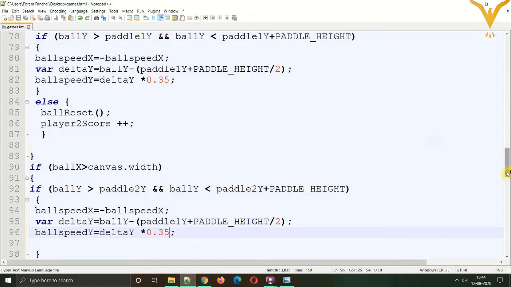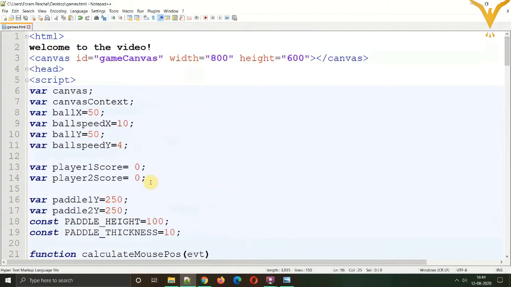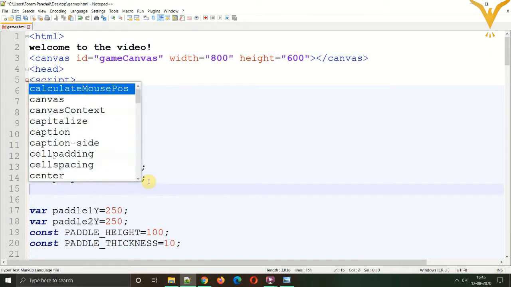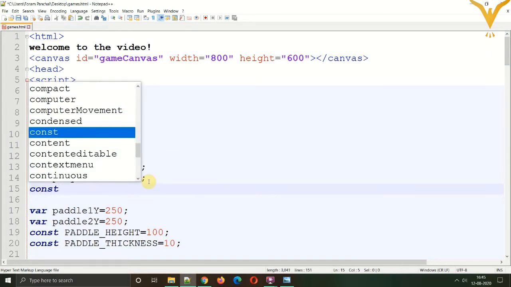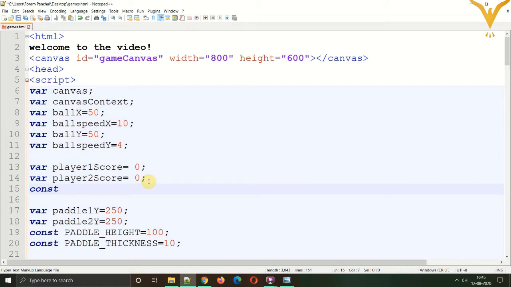Now what we need to do is create one winning score that will decide that the game is over and so-and-so player has won the game. So for that, we'll create a variable in the variable section. That variable will be constant, because with that particular variable we will be comparing the player's score.